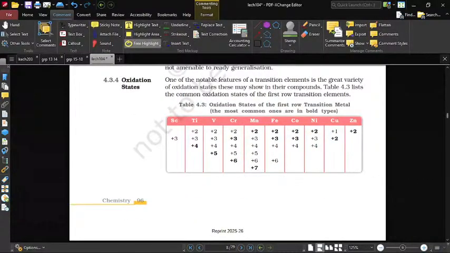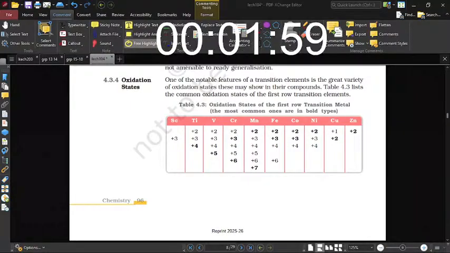ऑक्सीडेशन स्टेट शुरू करने से पहले मैं 2 मिनट का ब्रेक ले रहा हूँ। अब क्या बोलते हो, ऐसा आज मेरा बर्थडे क्लास।